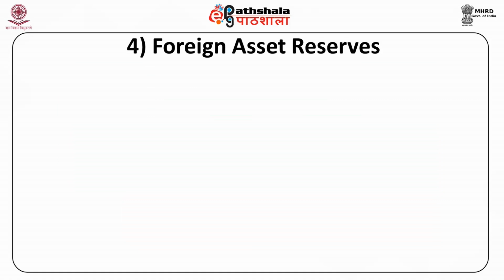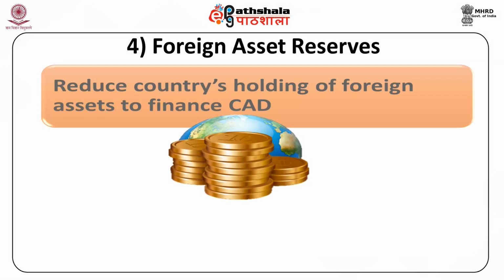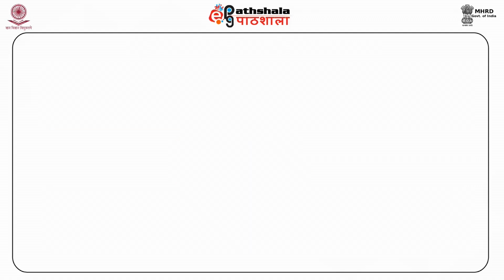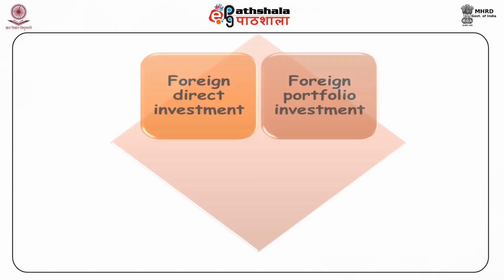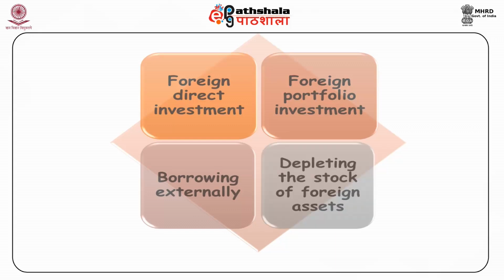Foreign asset reserves. The country may reduce its holding of foreign assets to finance current account deficit. This is usually through the sale of foreign currency by the central bank from its stock of reserves. The current account deficit may therefore be financed by foreign direct investment, foreign portfolio investment, borrowing externally, or depleting the stock of foreign assets. We learned in this module